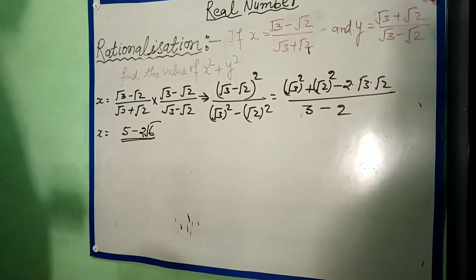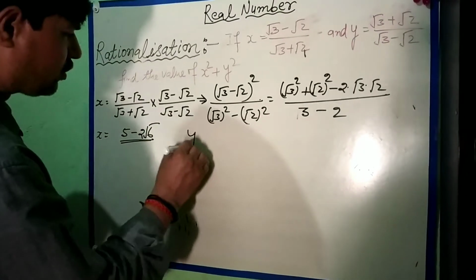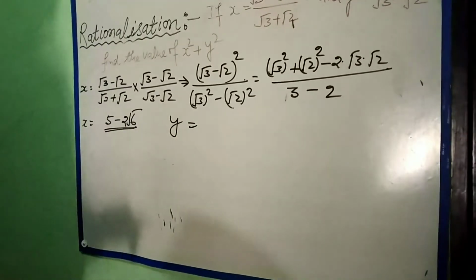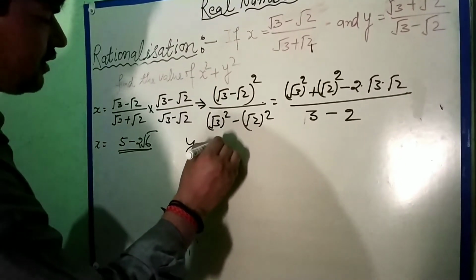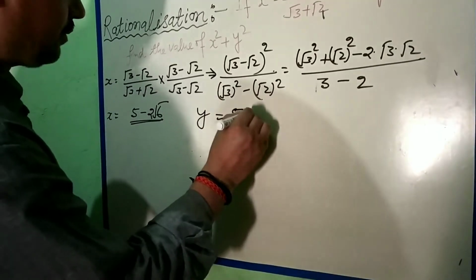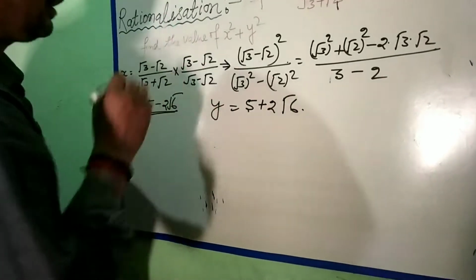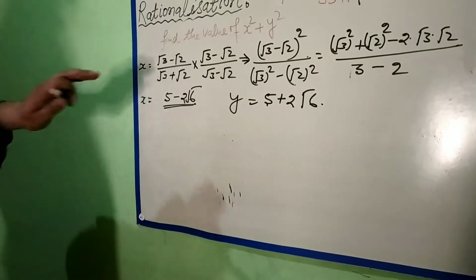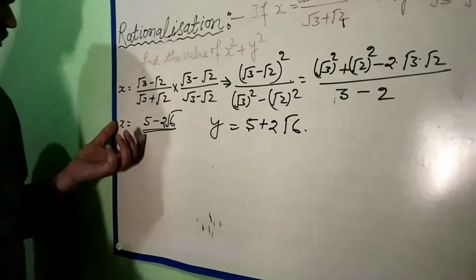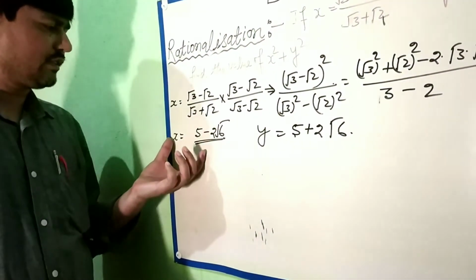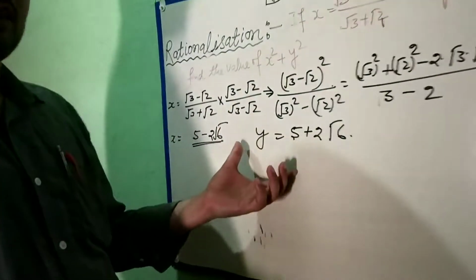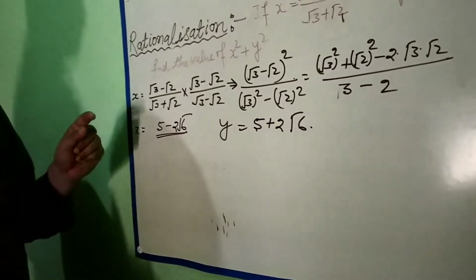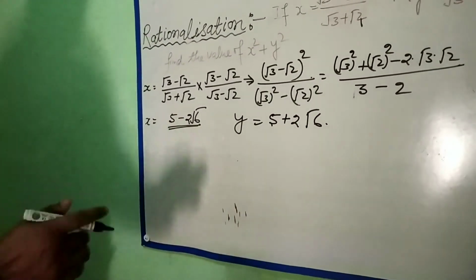Is it clear to you? I think so. And if you rationalize y also, you will definitely get the same number but with opposite sign. So y की value after rationalization you will find 5 plus 2 root 6. Is it clear? Now there are two methods from here. You square x separately, you find x का square, then you find y का square, then you add them. Otherwise, first you add x and y and then you square. Whichever you feel is easy, you can do here.